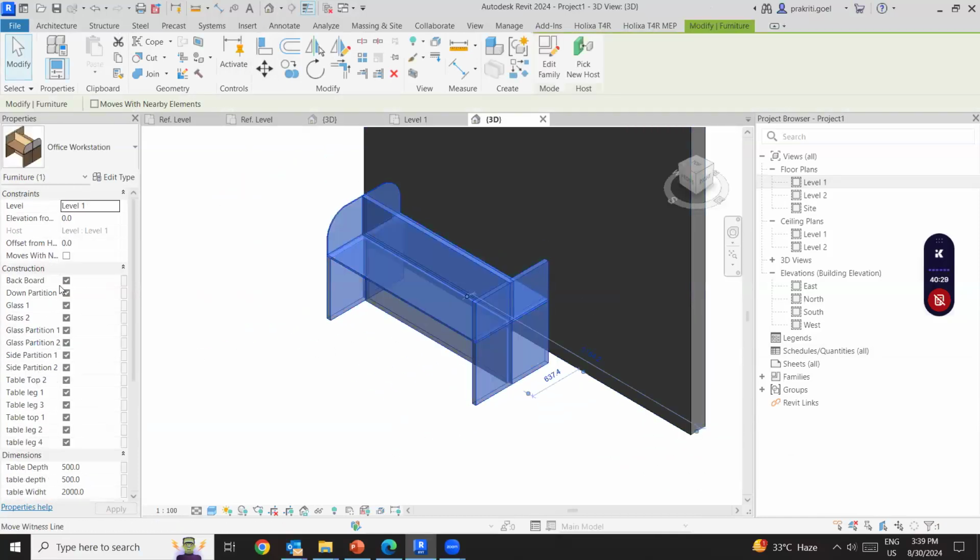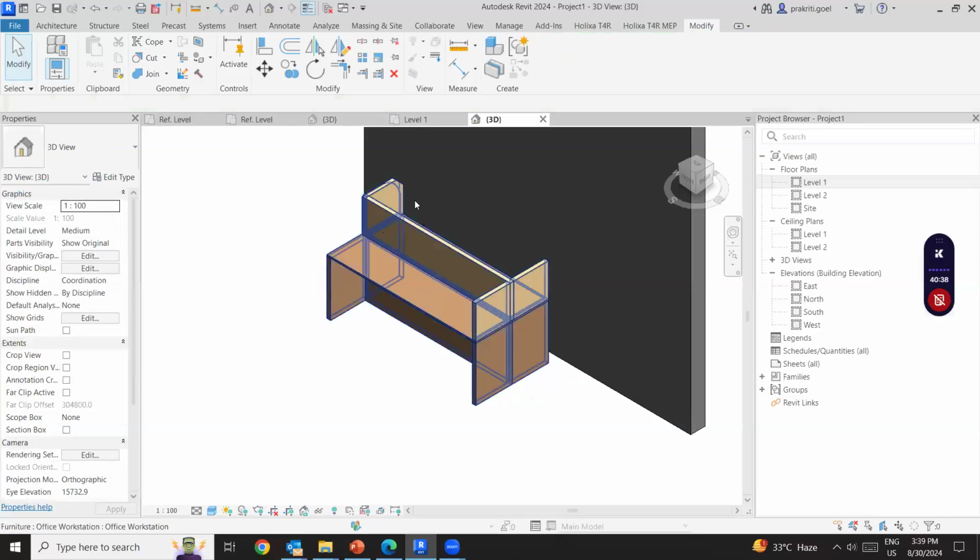So I can anytime provide that over here. If I don't want the second partition, you can see over here,